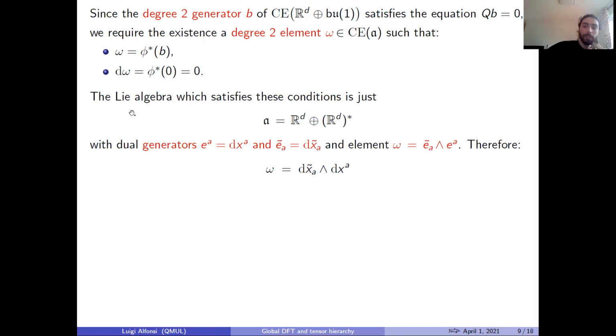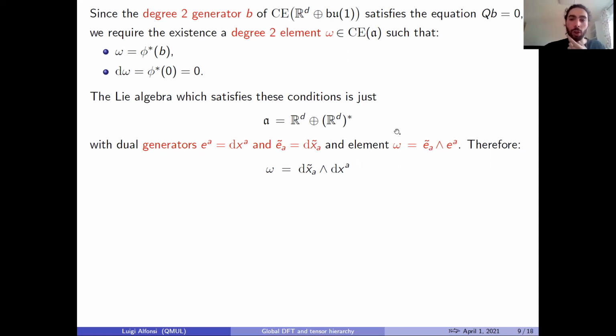So now the Lie algebra that satisfies this condition is immediately this one, where we still have R^D, and instead of having this Lie 2 algebra BU(1), we have the dual vector space of R^D. So how is that the case? It is because we simply define an omega that satisfies these very simple equations,